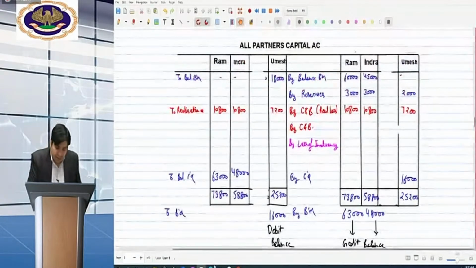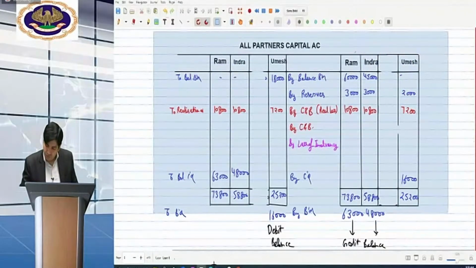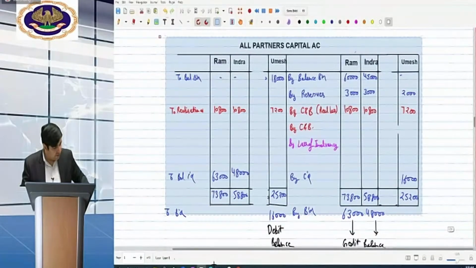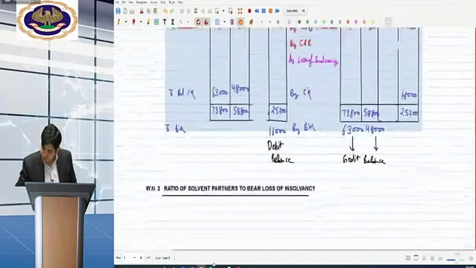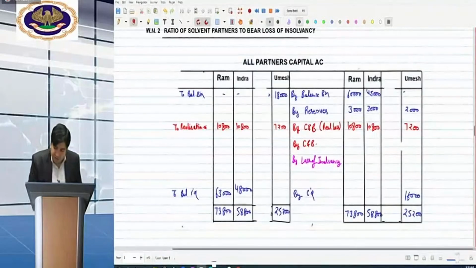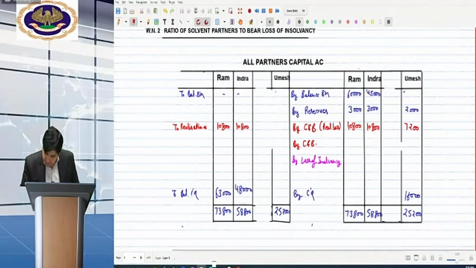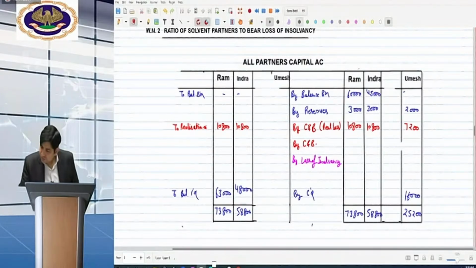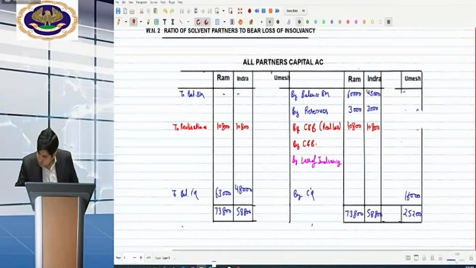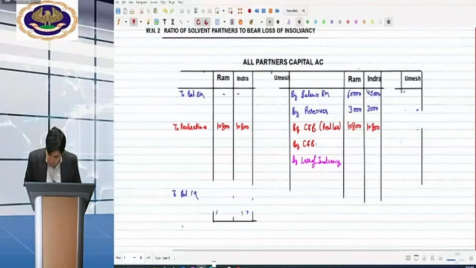Beta, see, these are the accounts. Yes, sir. Out of these, we have to check. What we have to check? The ratio. Yes. How do we check? Sir, we check in this way. First of all, Umesh is not in the queue. Yes, because he is not having a credit balance. He is having a debit balance. Yes. So first, remove Umesh from the queue. So we have done it in this way. Okay. Yes, sir. Now what shall we do? We are to decide the ratio.